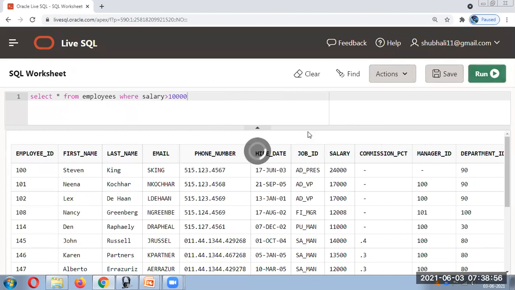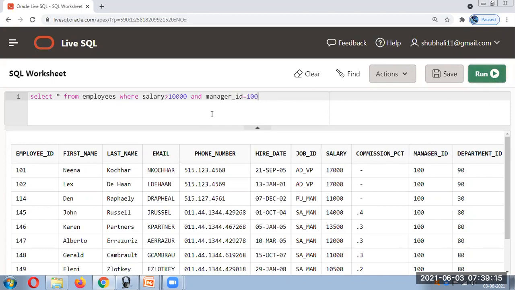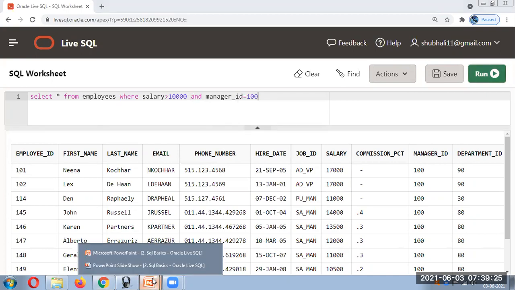And I want to give one more condition over here: manager ID is equal to 100. So here I will get the records of those people for whom both the criteria are matched, and only those specific data will get displayed.